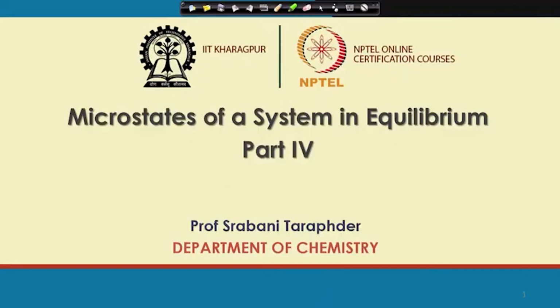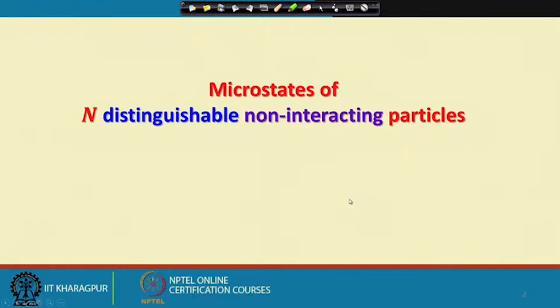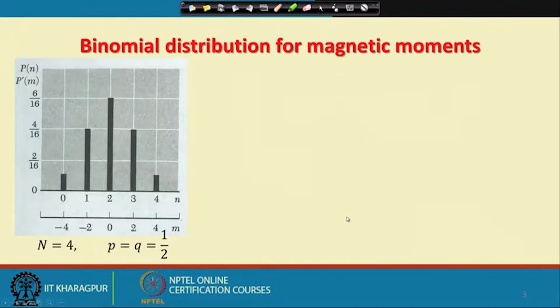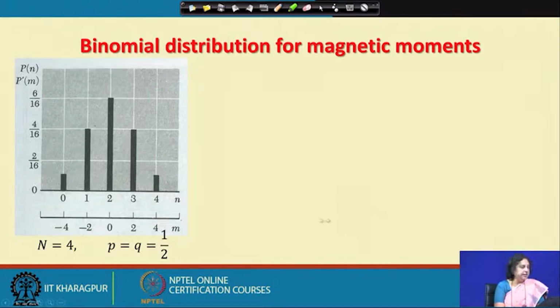So, let us continue our discussion on the microscopic states of a system in equilibrium, where we are talking about the microstates of capital N distinguishable non-interacting particles, and we are focused on the spin half particles. We have already talked about the binomial distribution for magnetic moments, and we find that if I have capital N equal to 4, that means 4 spin half particles, where there is no preferential orientation for either the up or the down spin in the absence of an external field, it is possible to find out the probability associated with